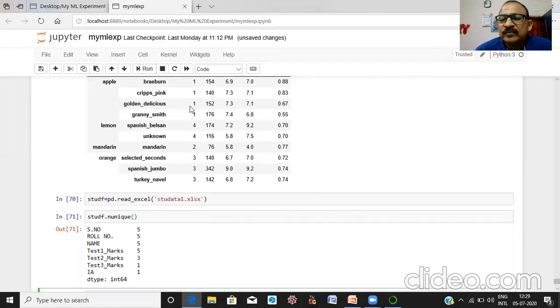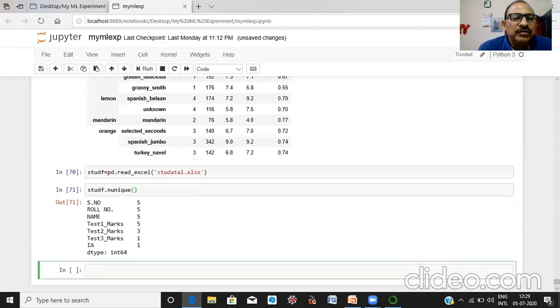This method gives you information that serial number has 5 different types of values, roll number 5, name 5, test marks 1 has 5, test marks 2 has 3 different types of values, but test 3 marks has only one value of the same type and IA has one value of the same type.